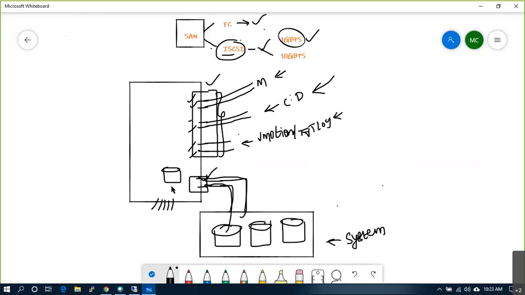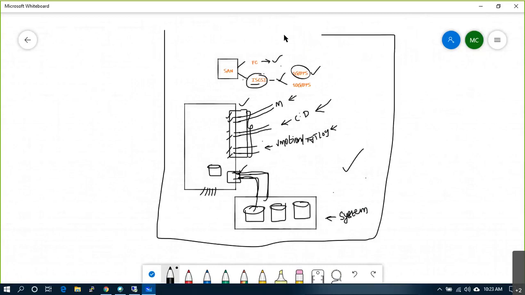If it is 1 GB, normal Ethernet cables will work, but no real time customer will use this kind of setup. Unfortunately, in our lab we have to implement with 1 GB only, because I don't have 10 GB cabling or fiber channel cabling. Only thing I have is 1 GB Ethernet cable, so I have to implement this in my lab. Remember, I need to implement this setup in my lab in some time.